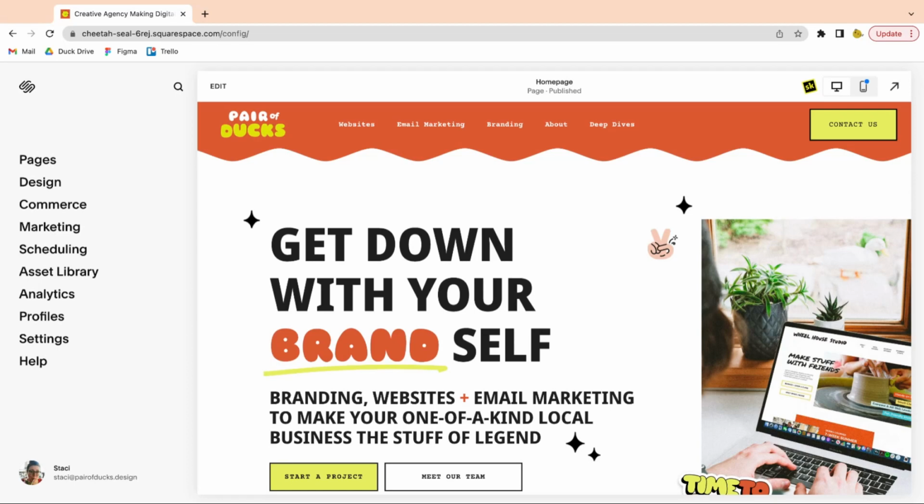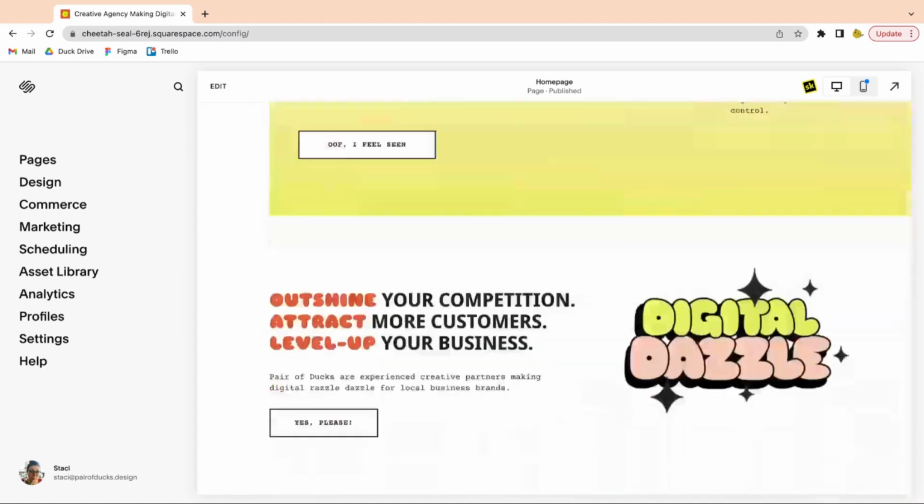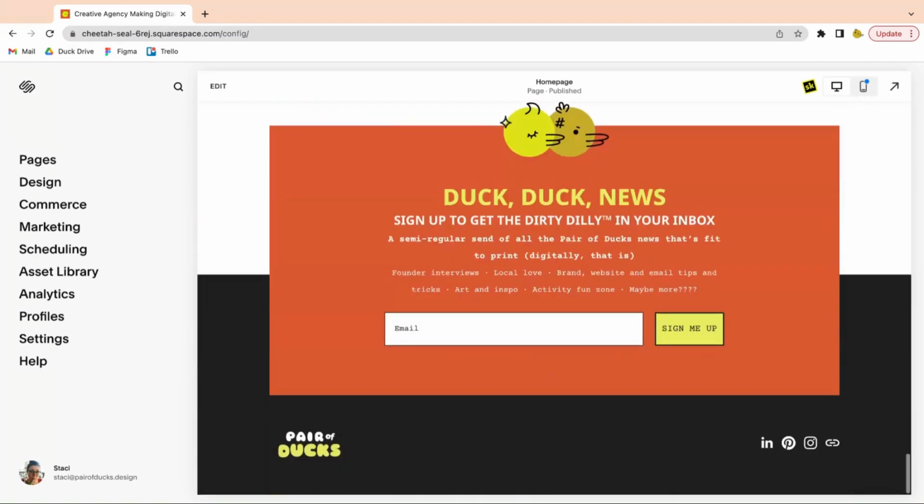Hi everybody! Today we're going to show you how to make some custom social icons for your social links block on your Squarespace site. If you have a Squarespace site and you already use the social links block, I'm going to scroll down here. Ours is in our footer. You might have something like this going on,